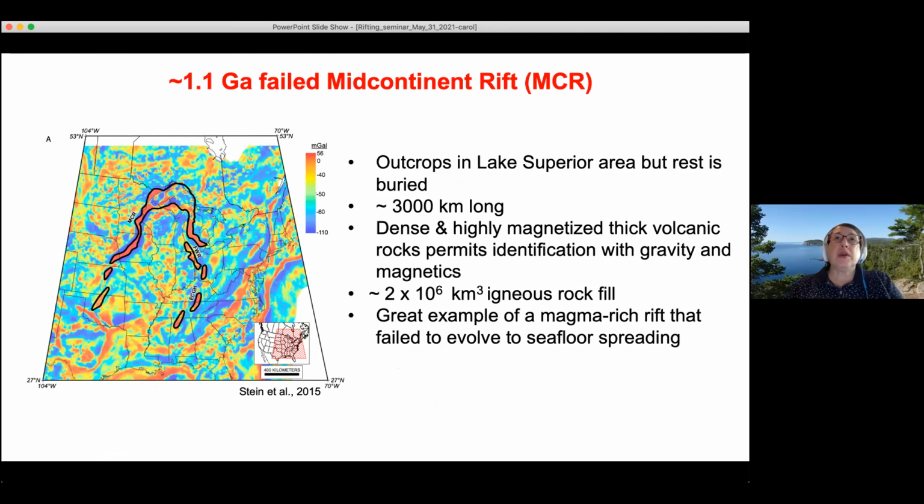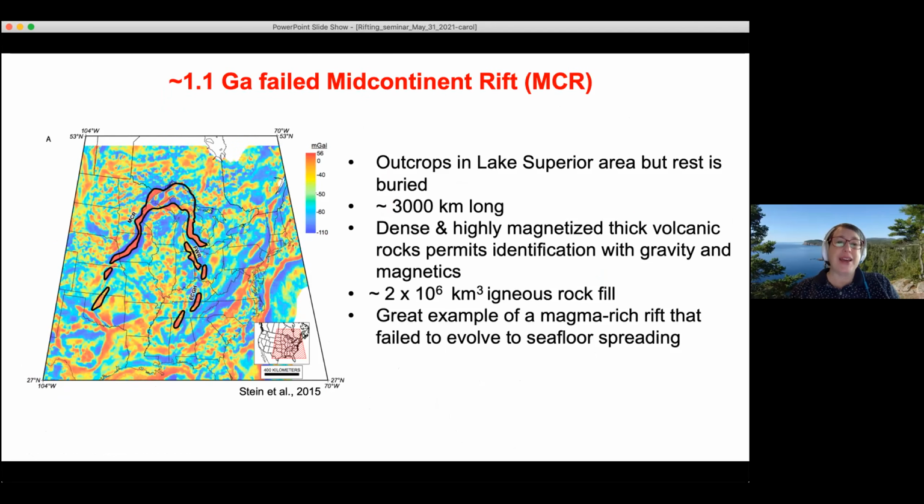Getting back to the MCR, to the failed 1.1 billion year old rift, it outcrops in the Lake Superior area, so people can actually study it with boots on the ground. But for most of its 3,000 kilometer length, it's buried under a whole bunch of sediment. However, it contains a lot of dense and highly magnetized volcanic rock, and therefore the buried part shows up very nicely with gravity